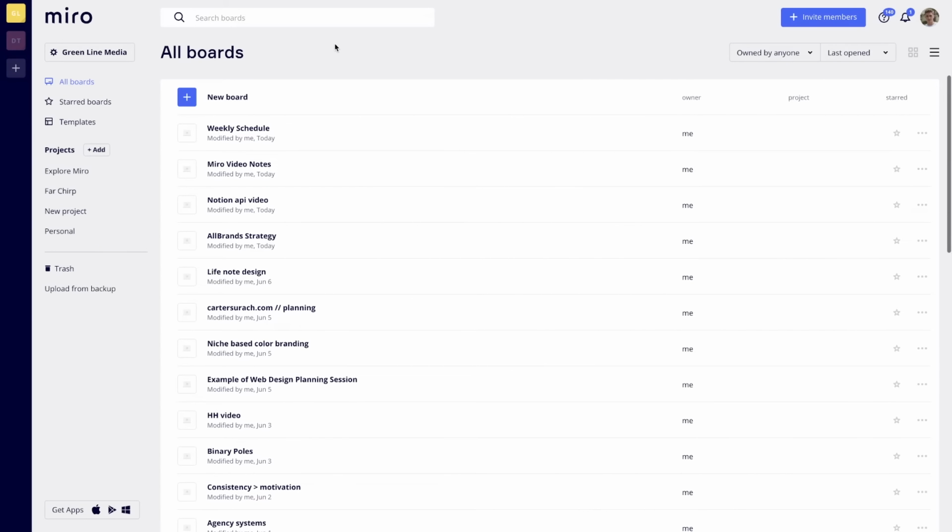Alright, so when you open Miro, the first thing that you'll see is the All Boards section. Now, this is where you start out when you're creating a new whiteboard, and you can also categorize these boards into projects, which basically sets up the sharing functionality so that you can make certain boards private for certain groups. But I'm not going to dig too much into projects. They're pretty self-explanatory. It's pretty much just a way to separate boards and share them with different people. So to start out, you just want to click New Board,